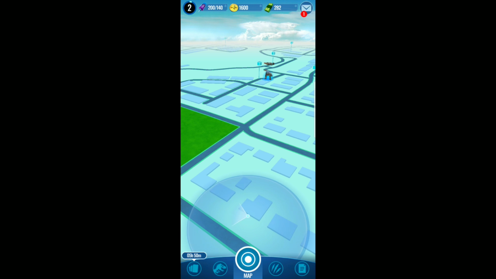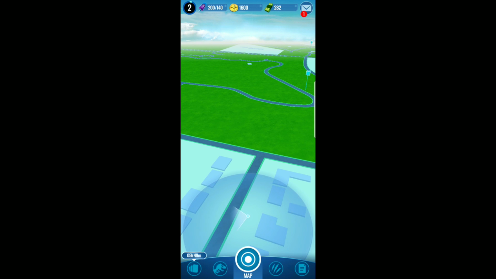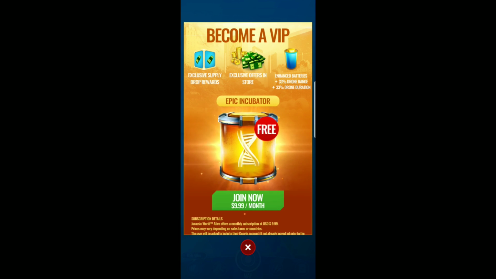So once you get the game open, as you can see, you see a massive world in front of you full of dinosaur action. But in this case, what you're seeing more is just an empty map as you walk around. Very similar to Pokemon Go. As you can see on the screen, there is a dinosaur, which it's allowing me to try to sign up